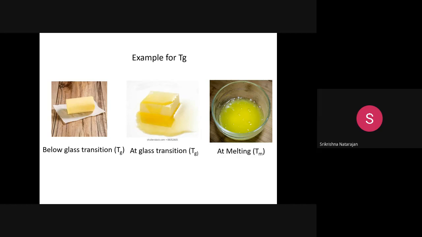So what is this glass transition? The glass transition temperature is the temperature below which a polymer will be glassy, and above which it will be rubbery. This is like a solid glass state. If something is like glass, can something penetrate inside? It cannot penetrate. So what you do is apply some temperature. There is a temperature called the glass transition, at which the polymer undergoes transition from the glassy state to the rubbery state. The material becomes a little flexible. You understand? Something will become a little flexible after you apply heat.